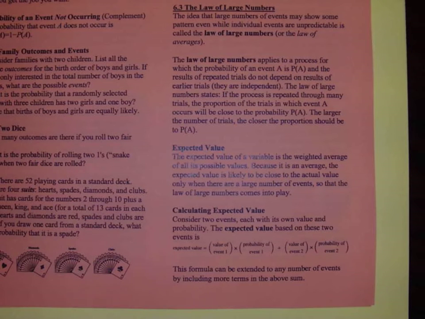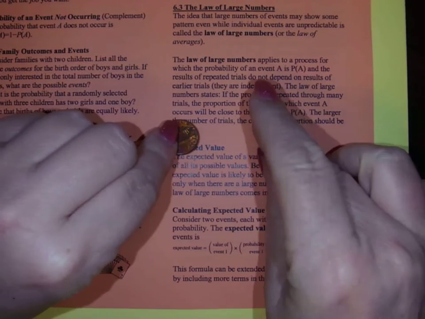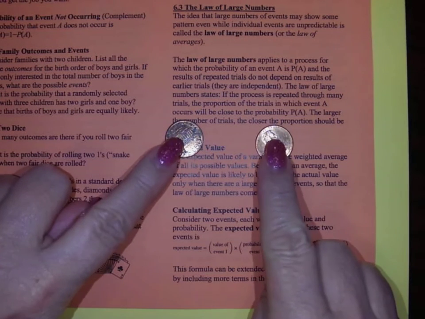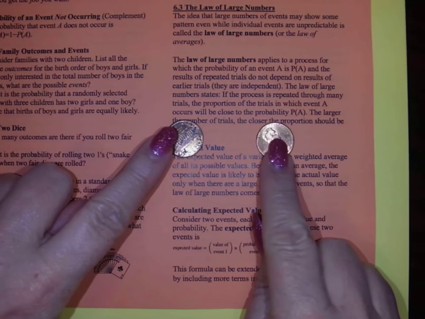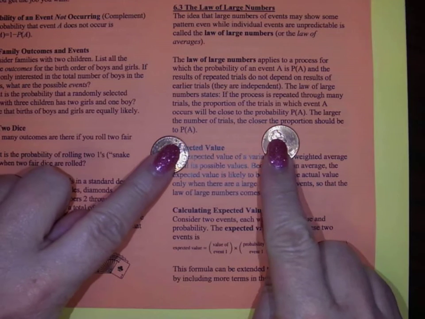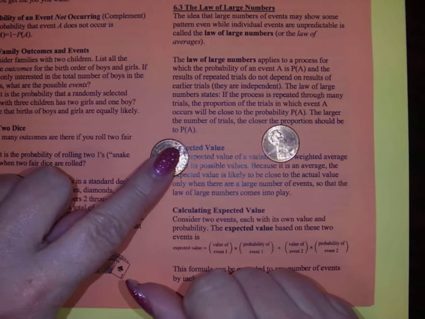The larger the number of trials, the closer the proportion should be to what we expect. So if we think about flipping a coin, let's just go into a little bit of clarification. If I'm looking at flipping a coin, I expect the probability of getting heads to be 1 out of 2. But if I only flip